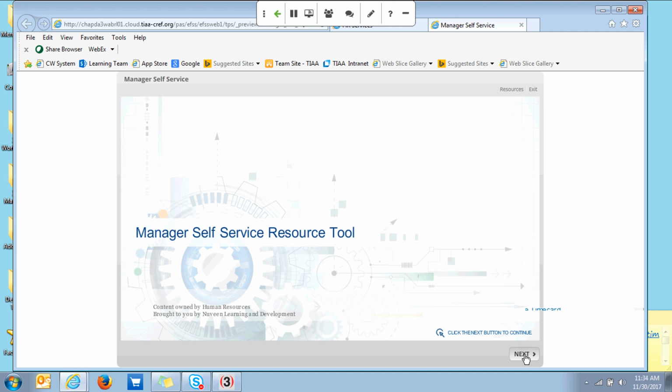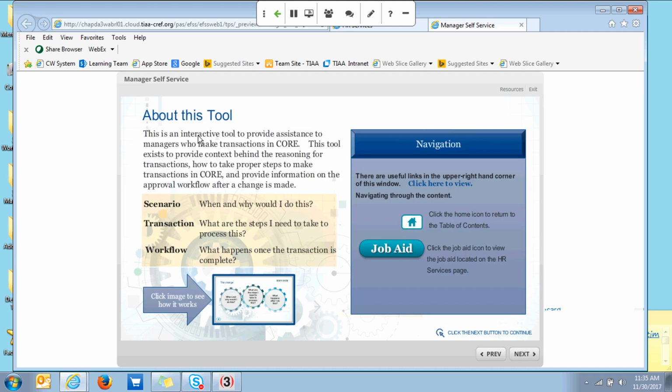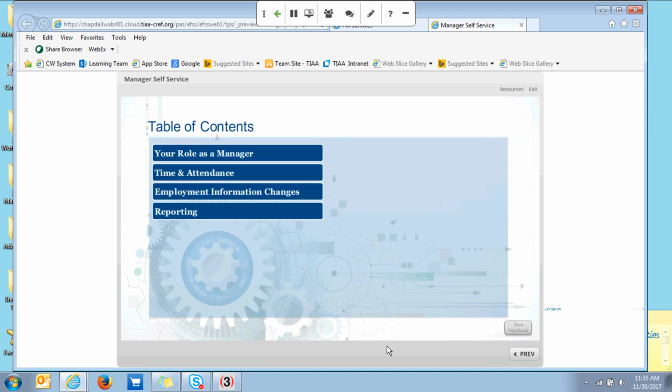So to move forward, it's an interactive tool. This gives you an overview of how the tool works. But since I'm doing that now, I will skip this and move right on to the table of contents. It is organized in the very same way that Manager Self-Service is organized.